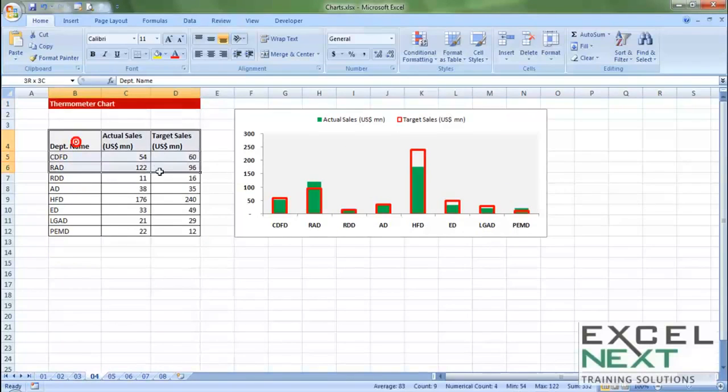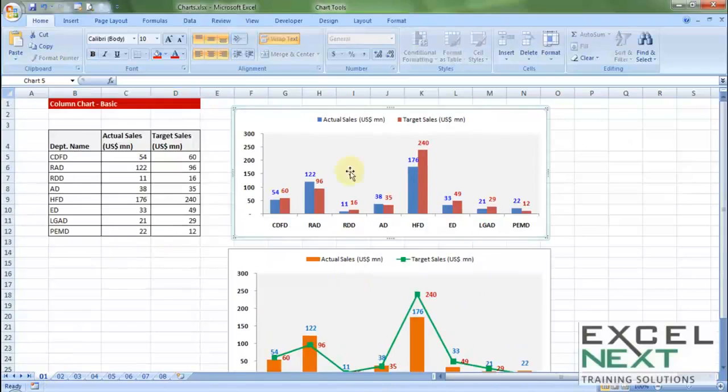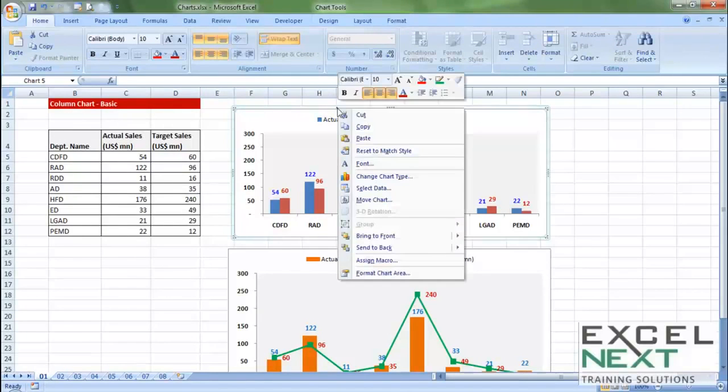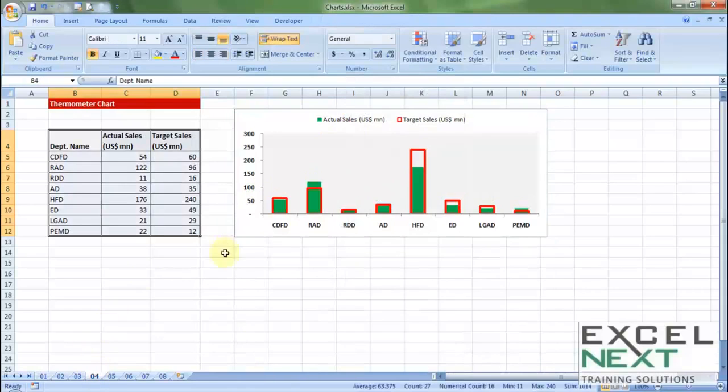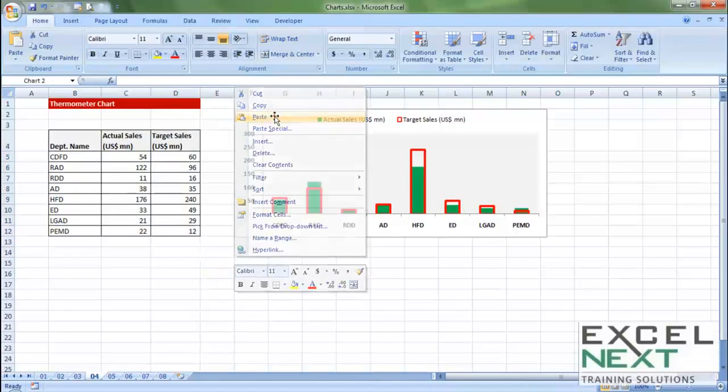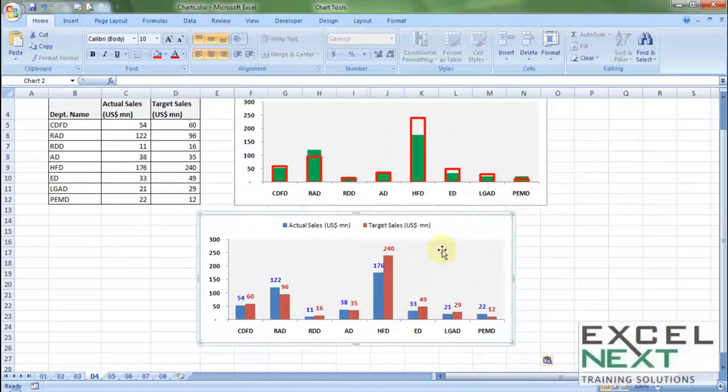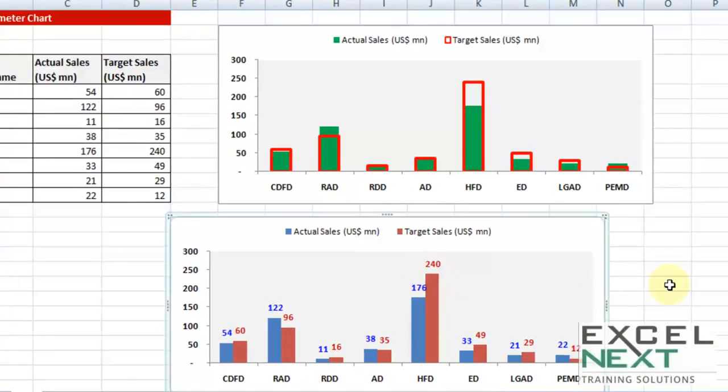Now I have a data which is exactly same to the one given in sheet 1. And in sheet 1 we prepared a chart like this talking about actual sales and target sales. So let me copy that and put them side by side so that I can compare. Now both of these charts are based on the same data, but when you present this data to someone, especially a large audience,